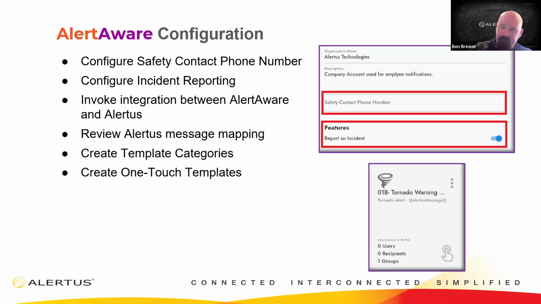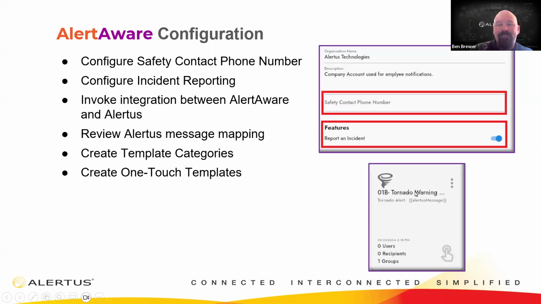As I mentioned, this aspect of the configuration can be a bit daunting for larger organizations with a lot of preset alerts, but it can also be quite simple depending upon exactly how you want AlertAware to behave. If you want it to inherit that notification content and nothing more,